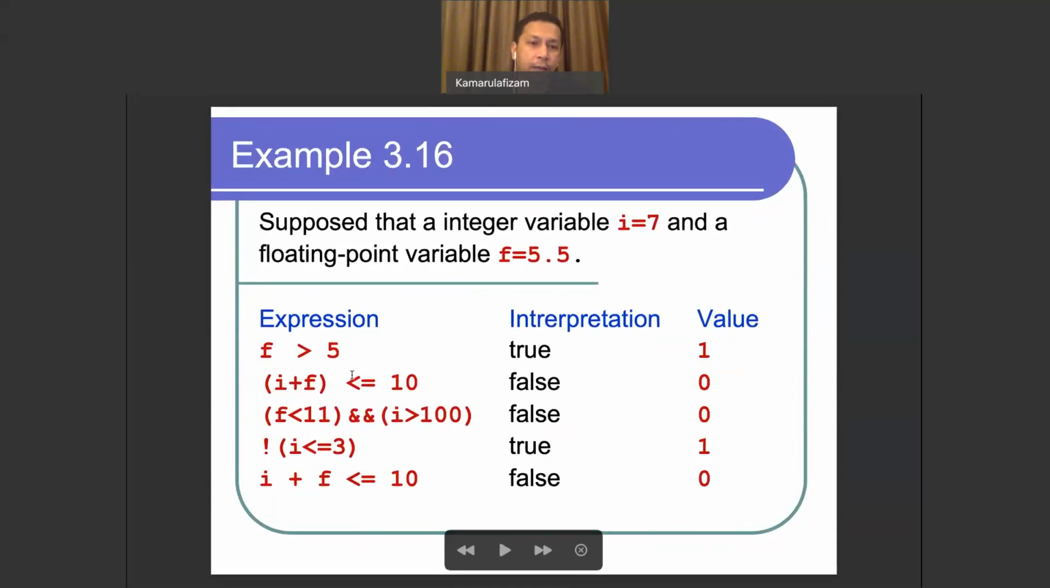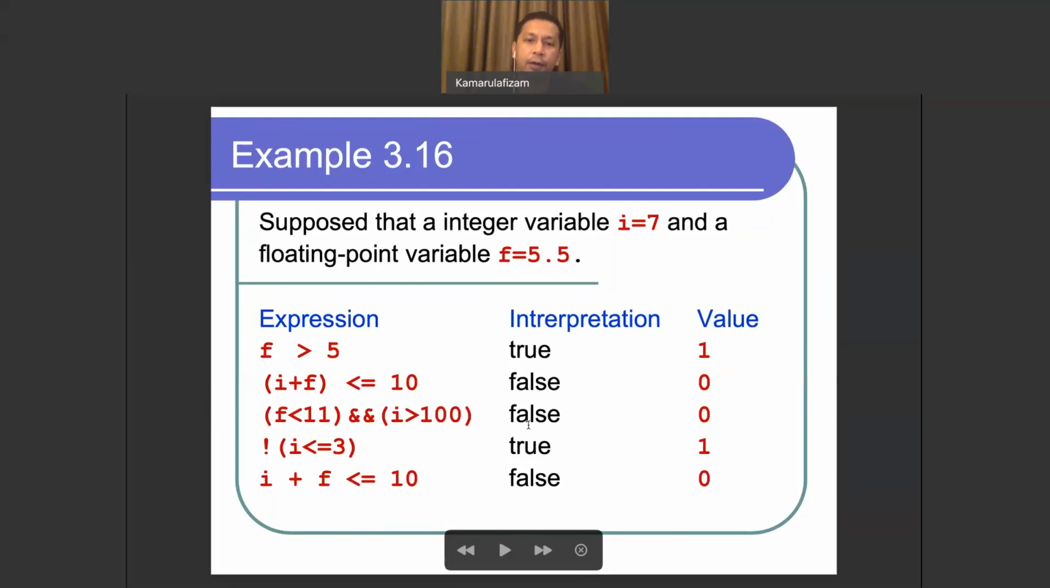And next we check i plus f is less than or equal to 10. i is 7, plus f 5.5, we have 12.5 is less than 10. No, this is not true, so you will have a false interpretation, and of course the program will return 0, and so on. You can basically check yourself whether this works logically,